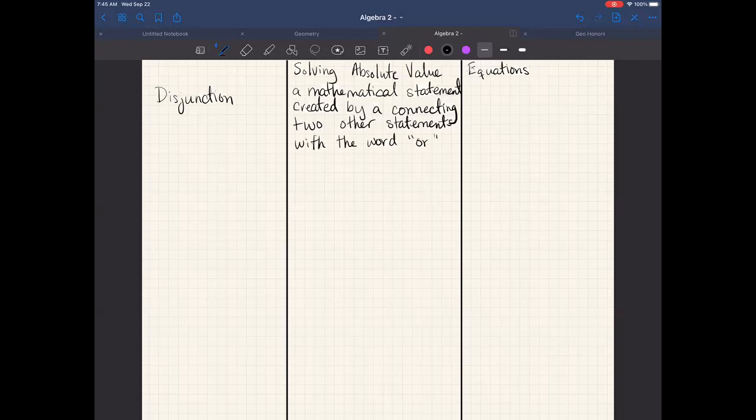So a disjunction is kind of what I was explaining the other day when we talked about the piecewise,